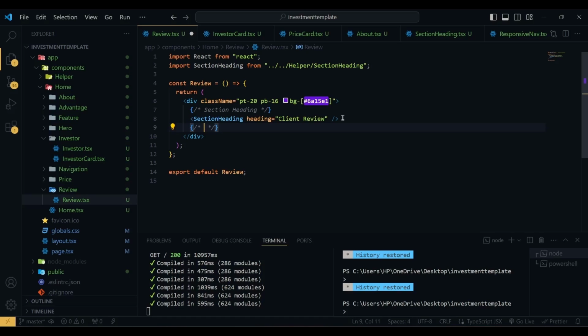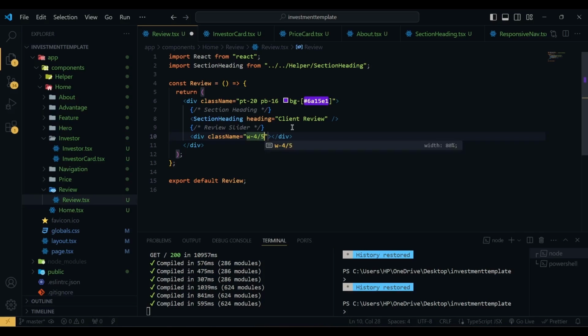So here we have our review slider, and here we have a div with class name of width 4/5, then margin top will be 16, margin auto, review slider div, and inside this we have our review slider